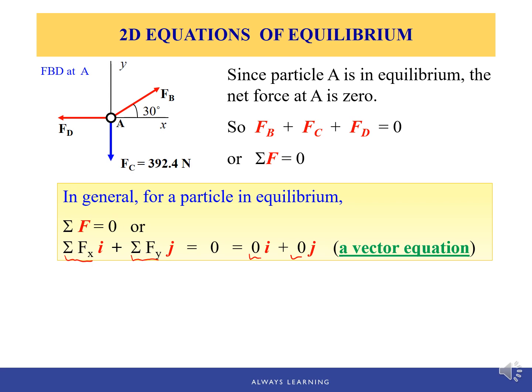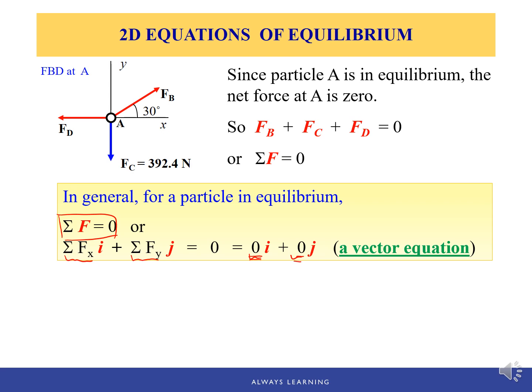This equation is called the vector equation or vector approach. We use the vector formulation to get the resultant vector, and we make all the components equal to 0 to